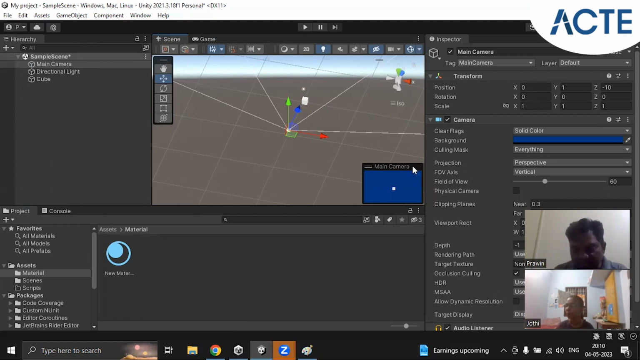You can see here a small icon is there, the main camera. So this is the game view. This is the game view. Okay. Now